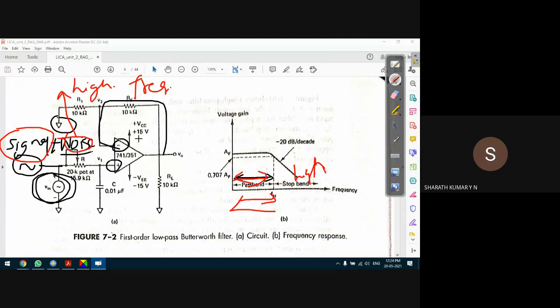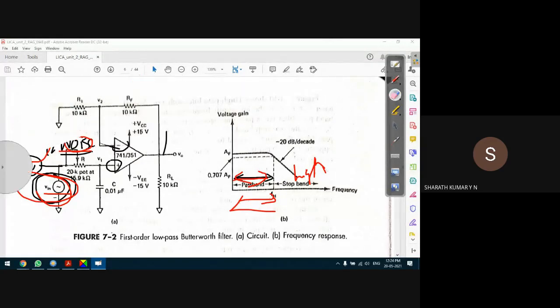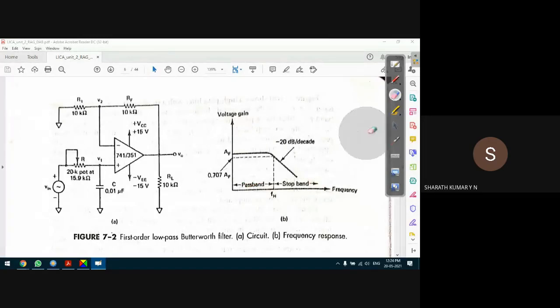Okay, so that's how it acts, and hence a low pass filter is preferred. And this source, as I said, may be from another circuit. It may not be from a standard signal, because for a standard signal we assume that it has less noise and its frequency we can control. Actually, we need not use a low pass filter, but this is just for our understanding purpose. Okay, so it represents a standard source.